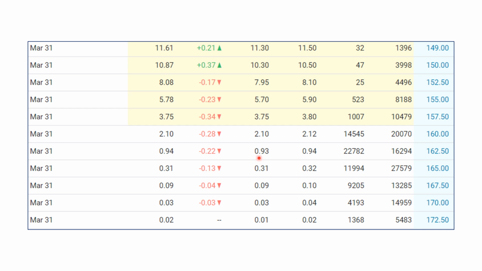This is the bid, and this is the offer. All stocks or options have what we call a bid and an offer. The bid is the highest price anyone is currently willing to pay for the option. The offer is the lowest price anyone is currently willing to sell at. So we can see here, if you were to sell this option, you would probably get 1130. That's the price you would receive. And if you were to buy it, you'd have to pay 1150.